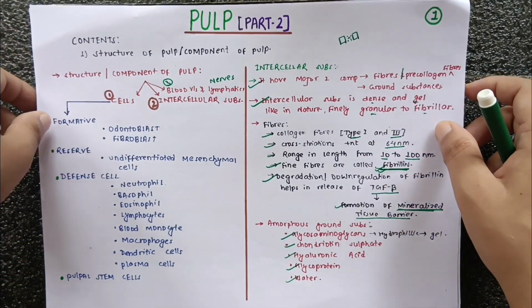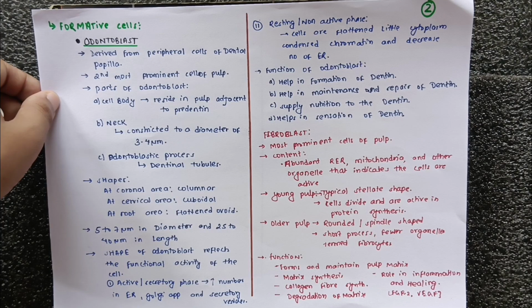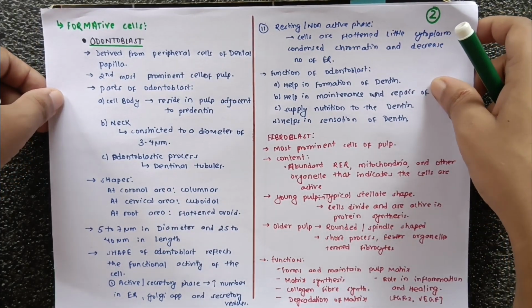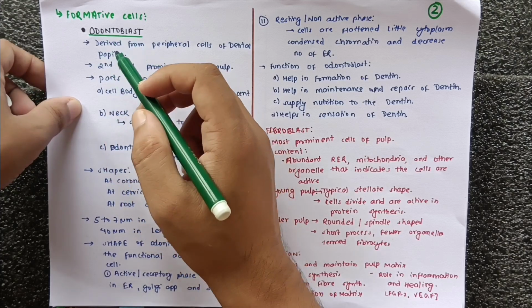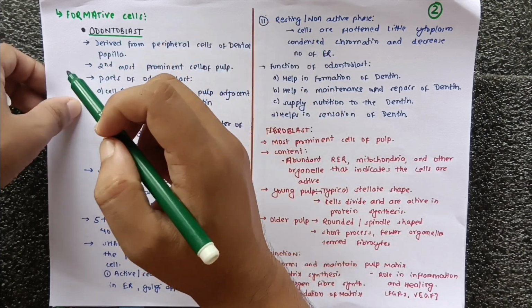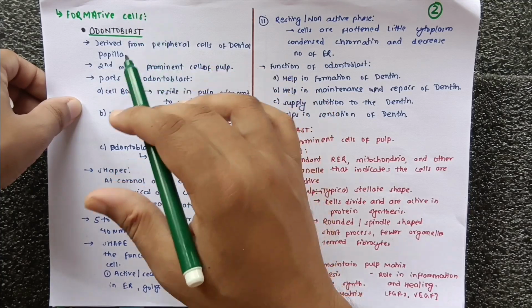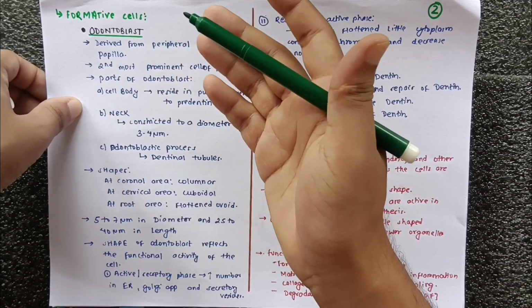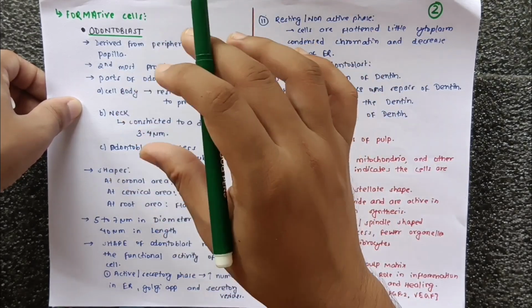Now we will move to the major topic, that is the cell. Okay, so we will start with the formative cell. So in the formative cell, as you can see here, our first cell is the odontoblast. Okay, and I think you can teach me about this odontoblast, as I have discussed it in the dentin chapter properly. Okay, so some more important things are present here,